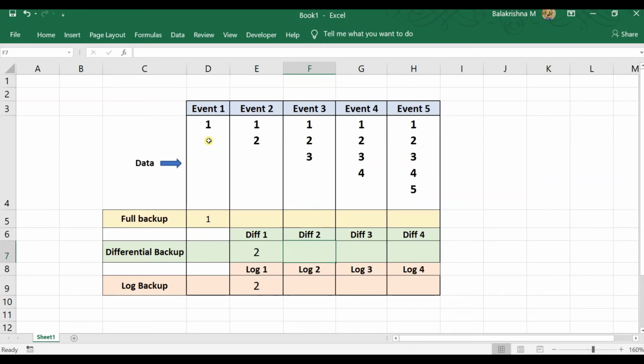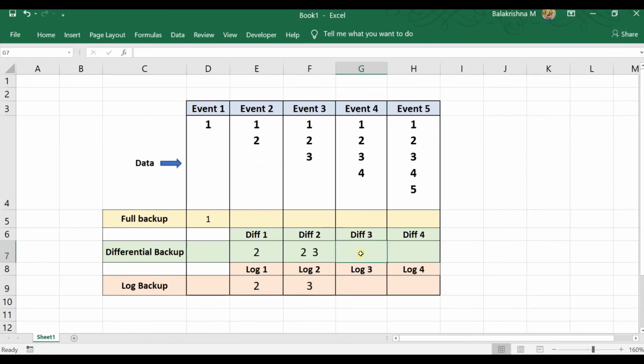And then if we insert data 3, or record 3, and then perform a differential backup, it will contain the modifications that have been done since the last full backup. So after the last full backup, I have inserted records 2 and 3. Whereas the log backup, we already know, takes the transaction log records that have happened since the last full backup or the last transaction log backup. So for the last transaction log backup, we have data 2. So after 2 we have inserted only 3. So it will take only record 3.